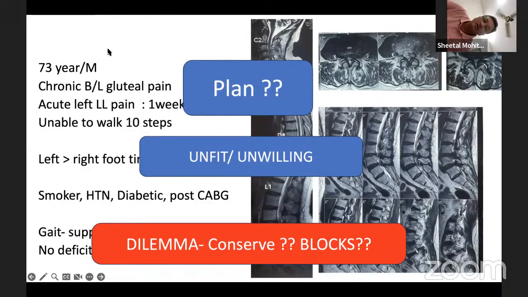So if this acute neuritis to the disc settles down with medications, anti-inflammatories and anything else, then we hope that as time goes by, he'll get better and better, leg pain wise, the intensity wise. But if it doesn't get better, then as Aditya said, you could consider a pain block as a next option. So that's how I would manage such a case if it is an unwilling patient or an unfit patient.